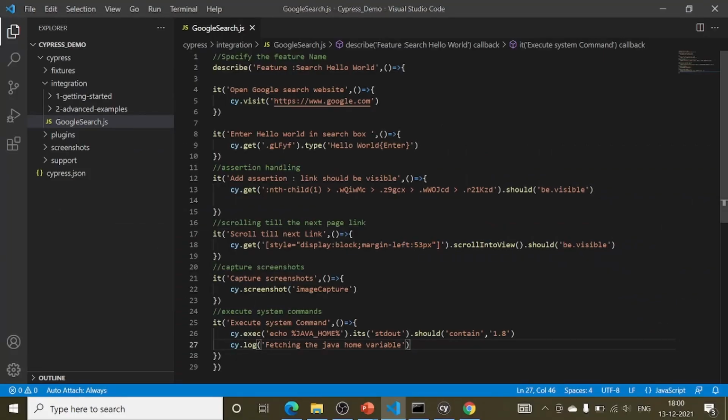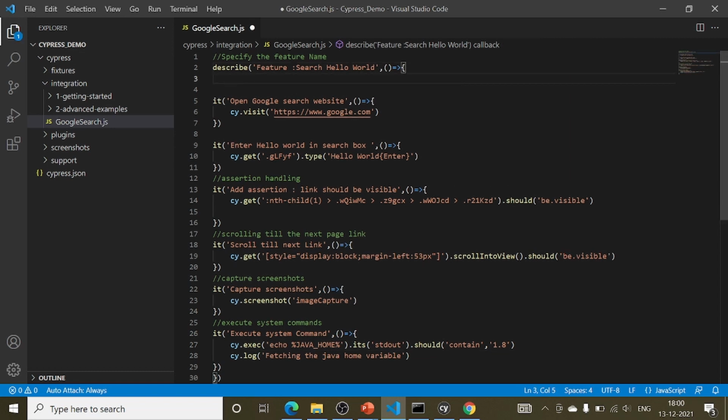So let's suppose you want to execute the application launch, or you want to execute a specific command before every test. To do that, we have a keyword beforeEach, which needs to be described at the top of the test cases.